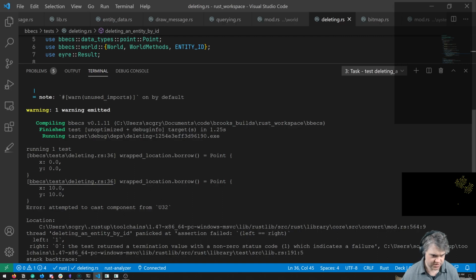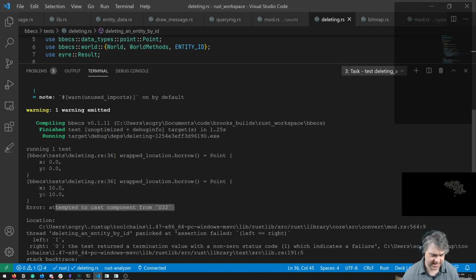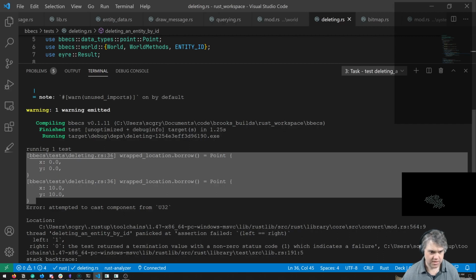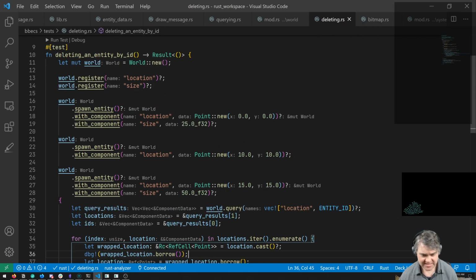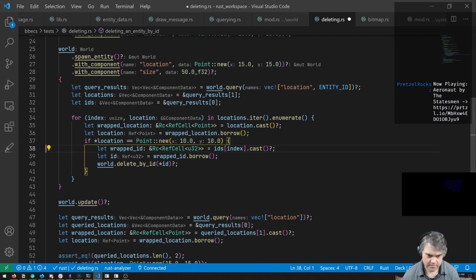We get these, okay, before we get our attempting to cast problem. So we get the first one, we ignore it, we get the second one. So the locations are casting correctly. Then we borrow the location and we get into here.